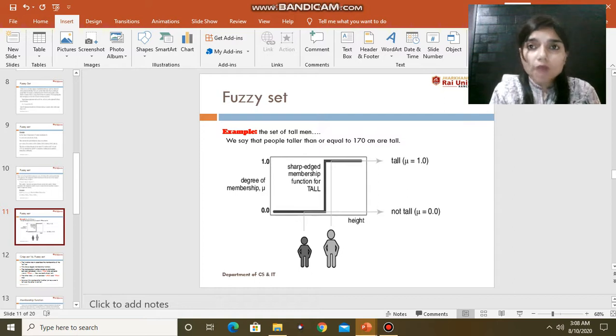Otherwise अगर value 169 centimeter है तब भी आप उसको tall नहीं बोलेंगे, क्योंकि crisp set में सिर्फ दो ही value होता है 1 and 0, और हमने यहाँ पे assume किया है कि अगर height is more than